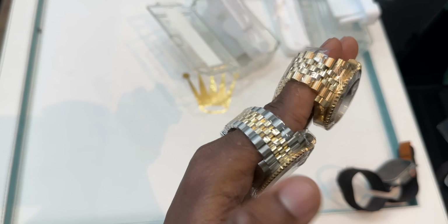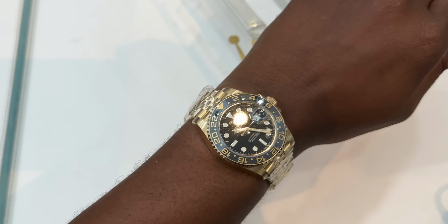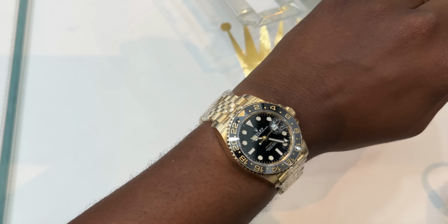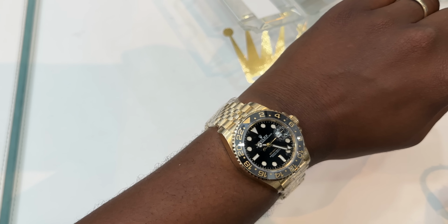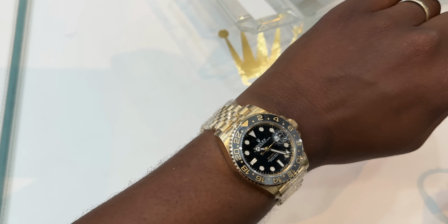In fact, everyone thought it would hit the roof demand-wise. But here's the kicker. I had a chat with a couple of aftermarket dealers, who were one of the very early ones to get it. They bought high, like really high, and now they have to sell it for, of course, a marked up high price so they can make their profits, etc. They couldn't even move it for the price they bought it for. The full yellow gold option, for example, is sitting between $55,000 to $57,000, which is understandable for a full yellow